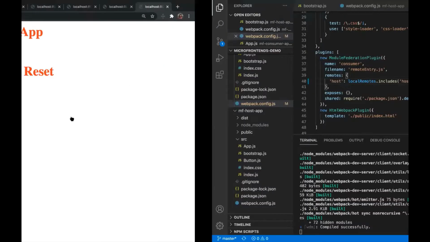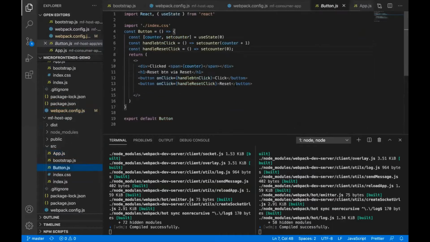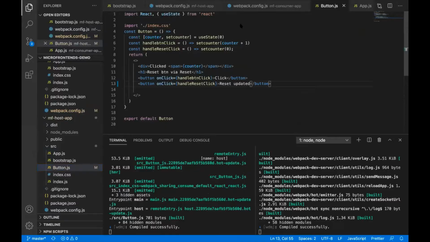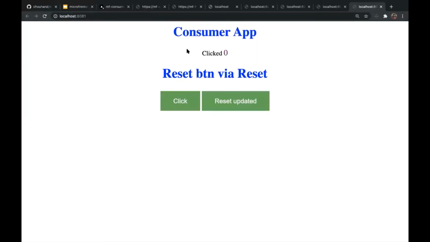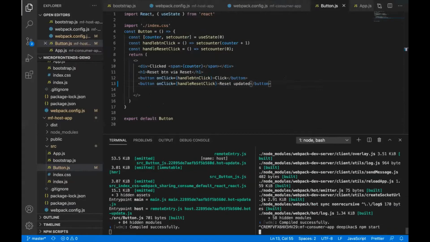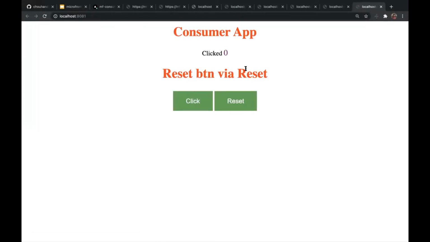And now let's change something in the host application or button component. Let's update some text. As you can see, now this has been updated. And if you run it locally without any arguments, without any local remote variables or anything, you can see it will point to production.